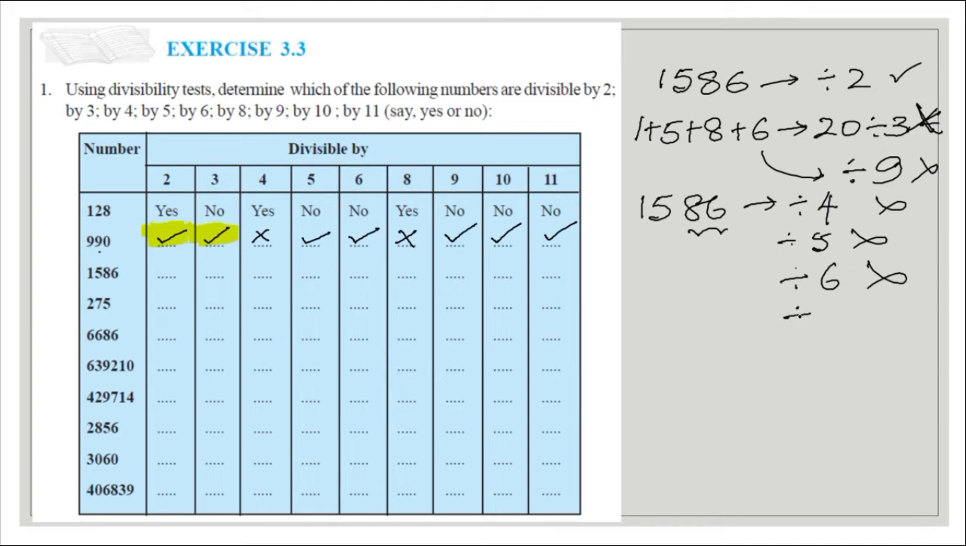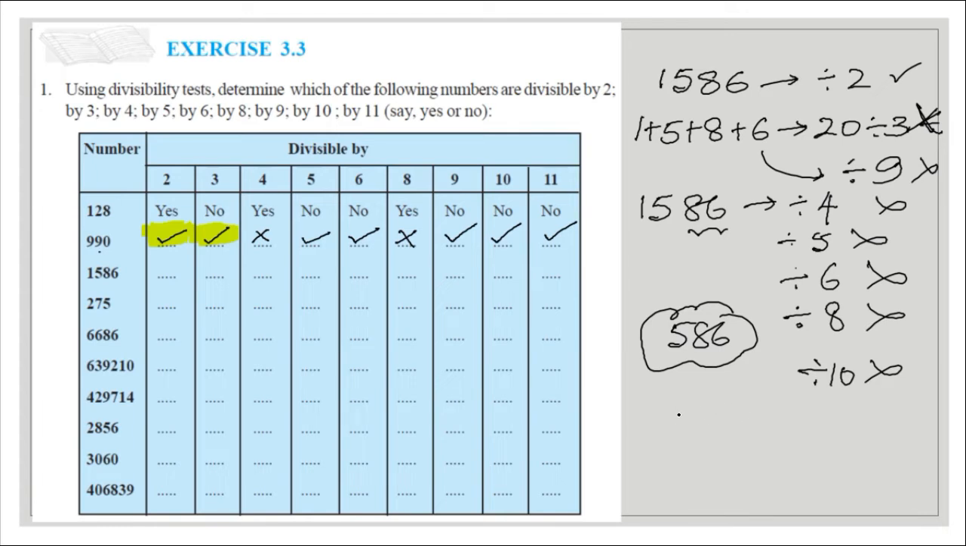The last 3 digits are 586, and 586 is not divisible by 8, and this number is not divisible by 9. This number is also not divisible by 10,